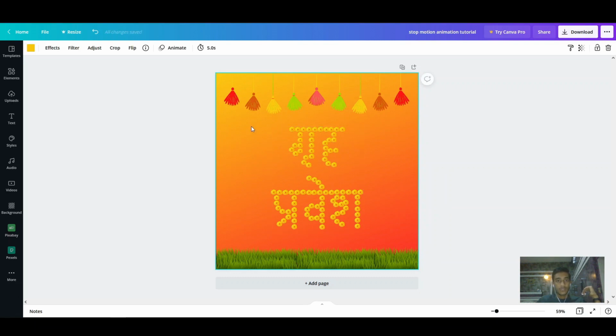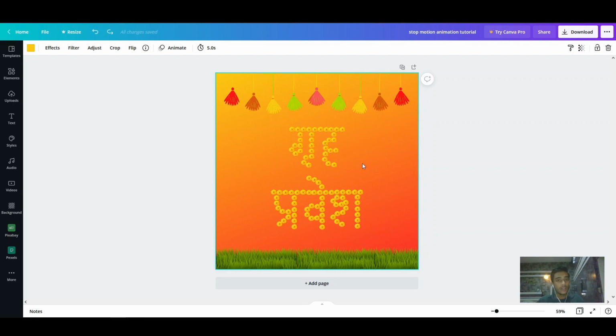Yeah, so since we have a total of 100 flowers, I will just ungroup it so that I can arrange any one of them as I like. You can count it on your own depending on the words you want to use. In this case it's 100. So I will have to duplicate this particular page 100 times.